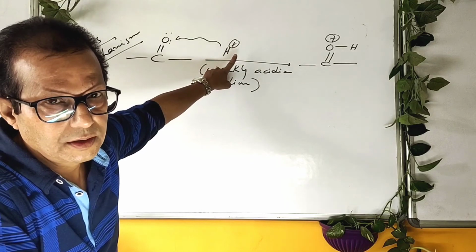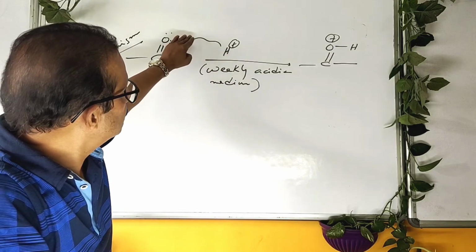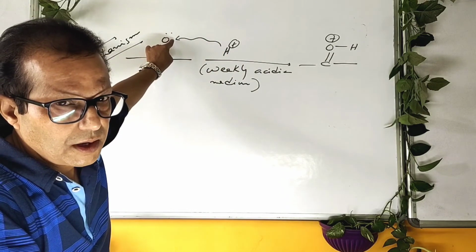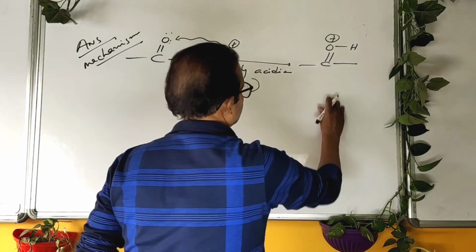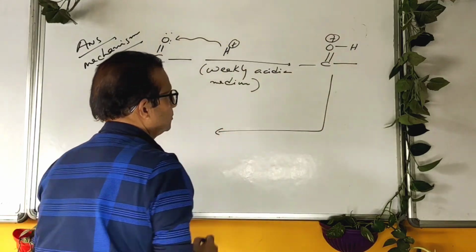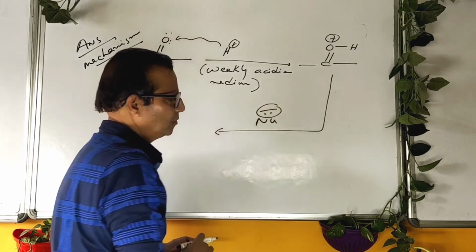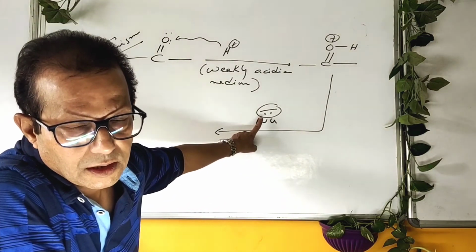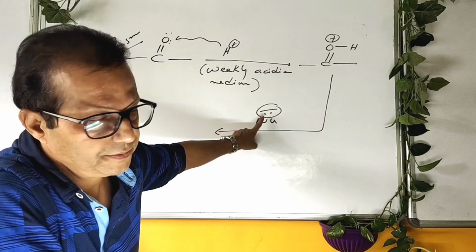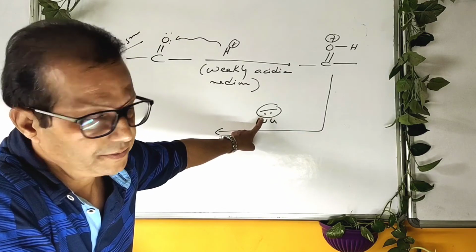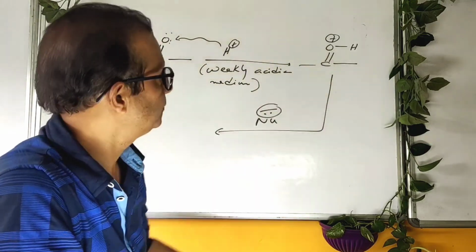Hydrogen positive ion from the weak acid gets attached to the oxygen atom, as oxygen has a lone pair of electrons. When a nucleophile coming from the reagent, which is also called the attacking species, approaches towards the aldehydes or ketones,